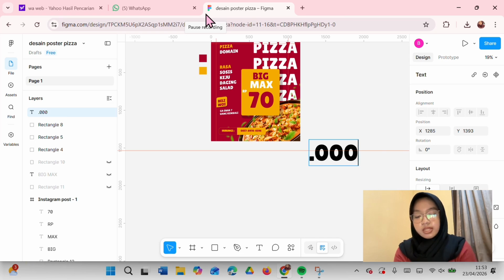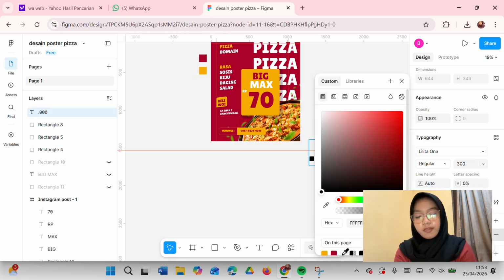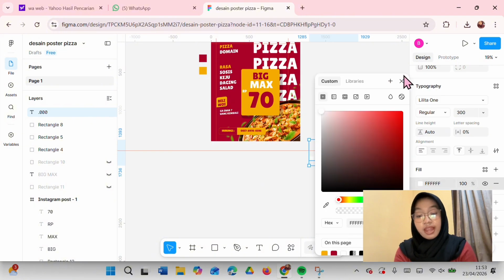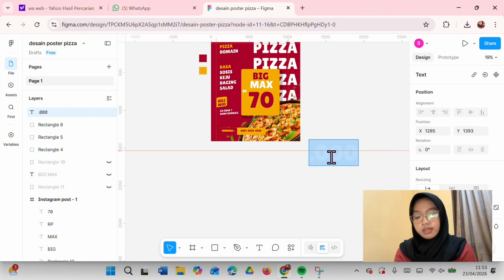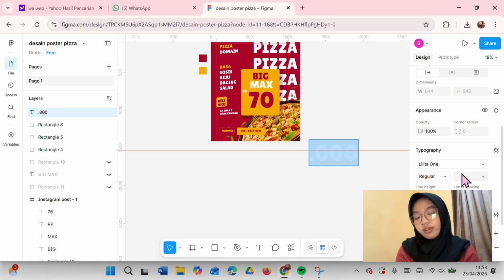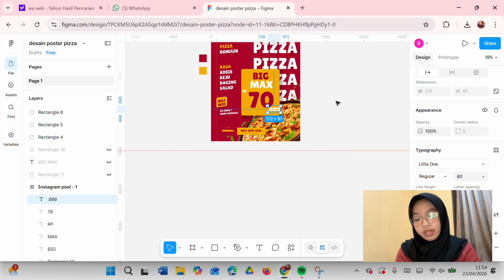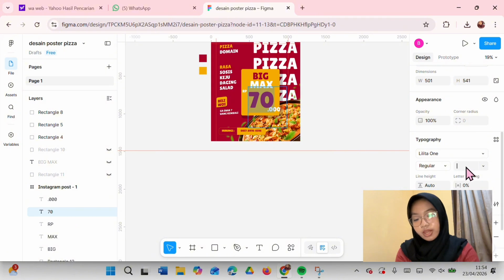I'll go to the asset panel in Figma. I can search green leaf and add green leaf in the element section. In Photoshop, I can import a PNG with a transparent background.